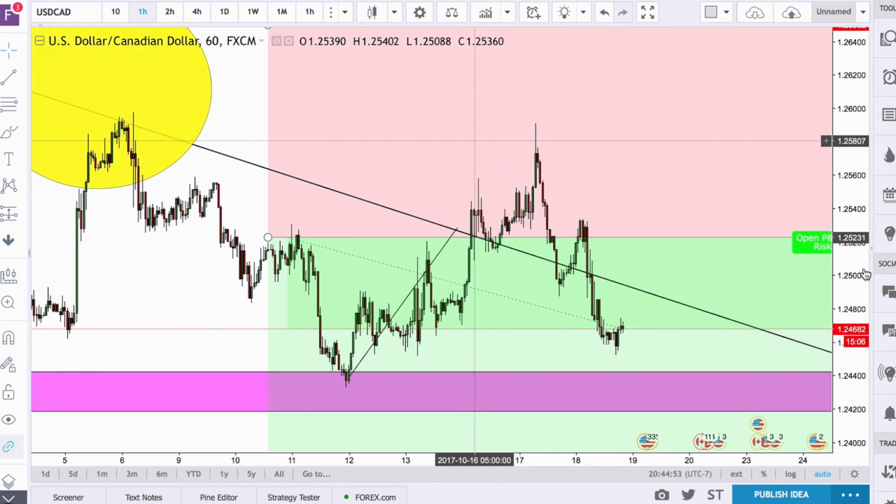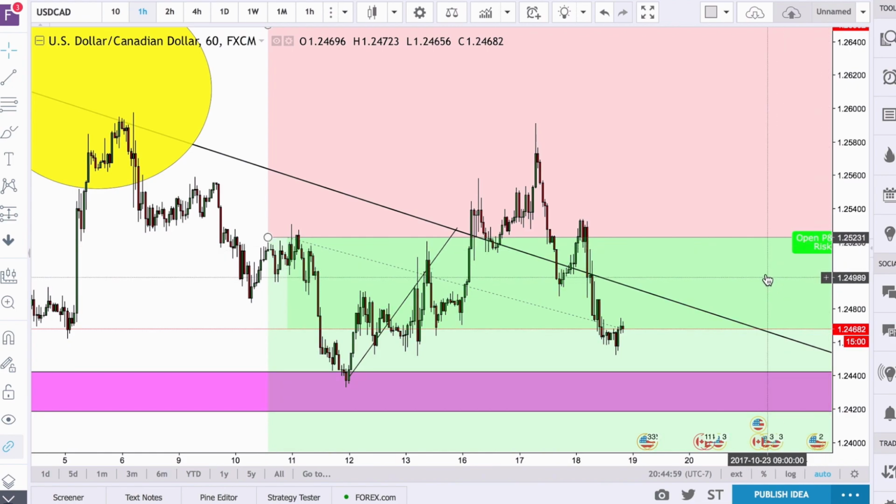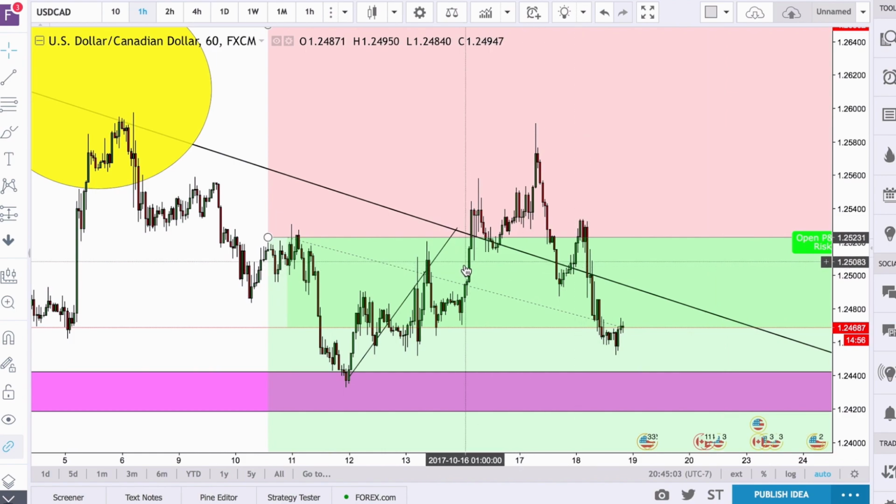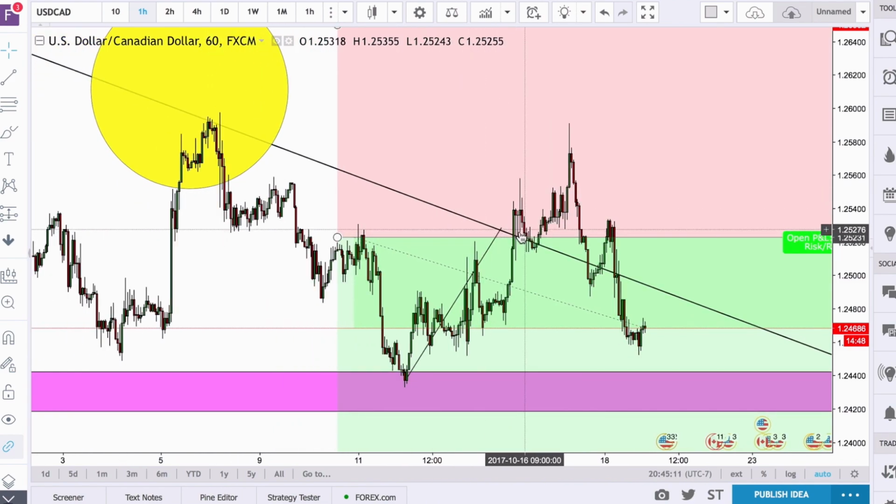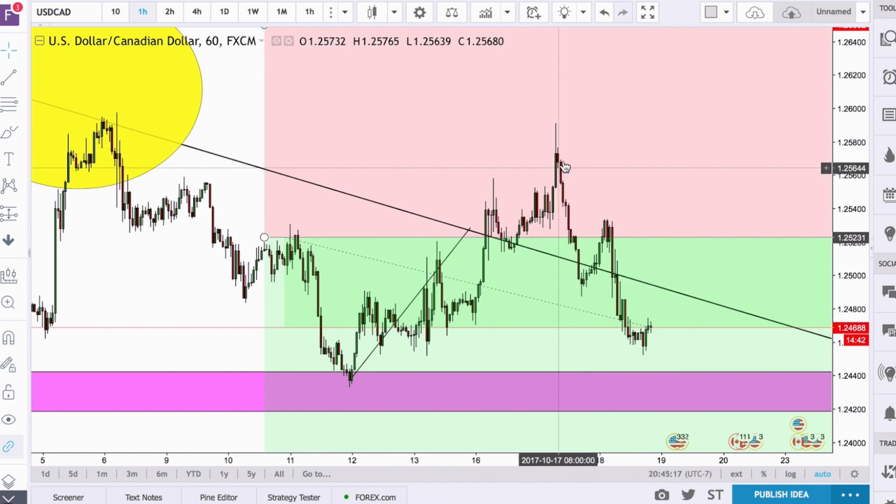Now, one thing I do want to mention is you'll see that my entry is now at 125.231. My old entry was 125 and some change. And that's because I ended up taking a small loss. I did see a pattern forming here that I didn't like, so I got out and I wanted to reshort or resell this up here, but I didn't get a chance to get in up here. So my new price is 125.23,